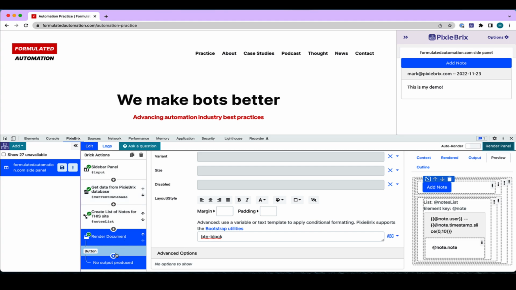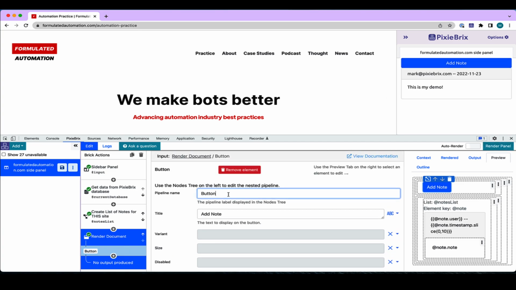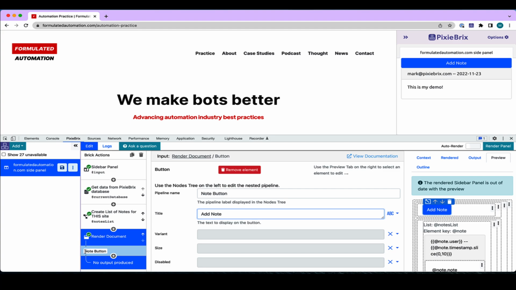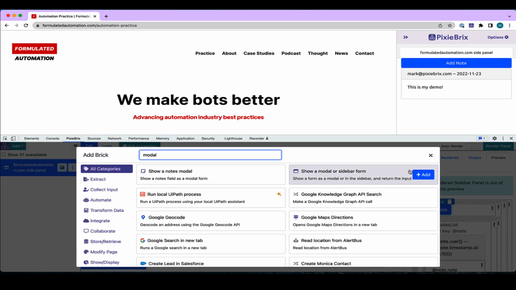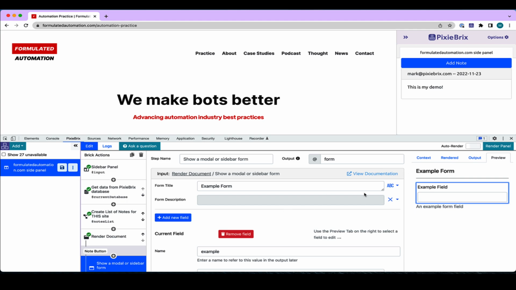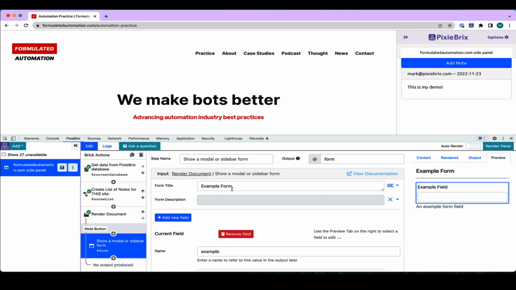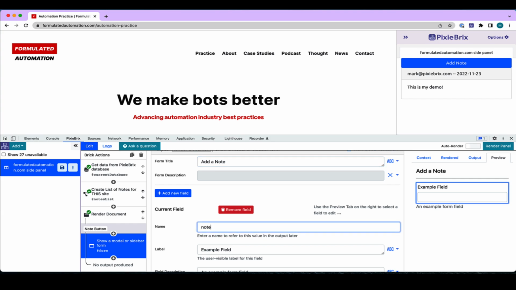And we can also begin to work on the add note functionality. And so when we added this note, you'll notice that we have this button pipeline name, so we could say note button, just so we know that in the pipeline this is the note button. And so the first thing we'll want to do is give the user some way to tell us what the note is, and so we can use this show a modal or sidebar form, which is very similar to the document builder, where we can say add a note, and we'll see a preview in the preview window. We could call the variable coming out note